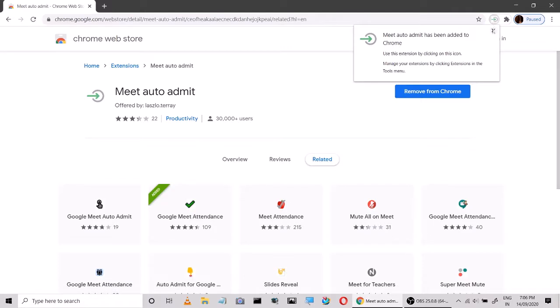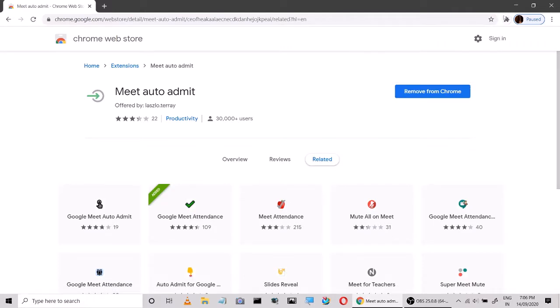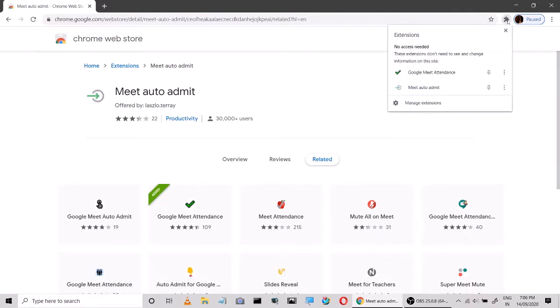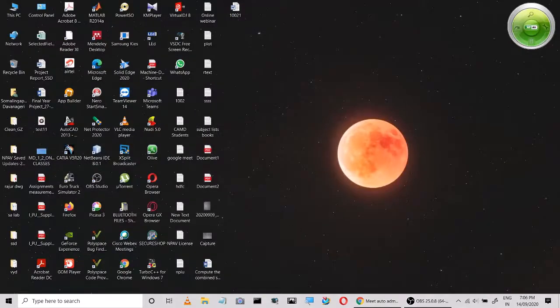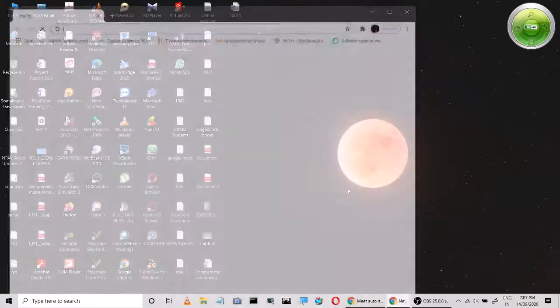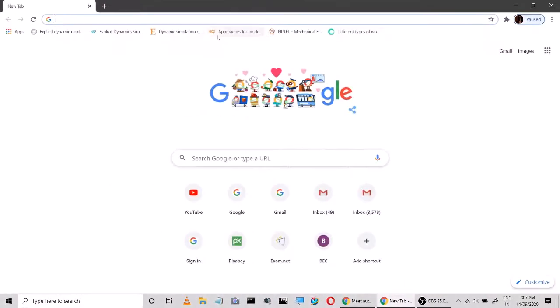Now it has been added here. In extensions, you can check Google Meet Attendance and Meet Auto Admit. Now if you start the Google Meet from the system where you have installed these two extensions,